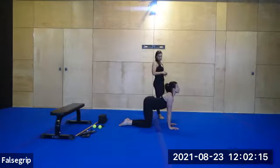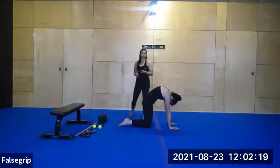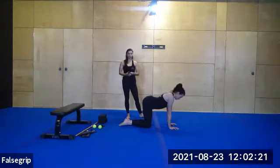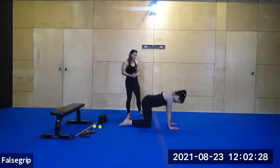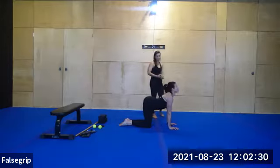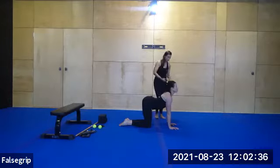As you can see, her elbows are straight and right under her shoulders, and the knees are directly under her hips. So the movement is all happening in the spine. And we might just do about 2 more reps here. Good, and then after this rep, I'm going to get Christy to pop her hands onto the floor, and she's